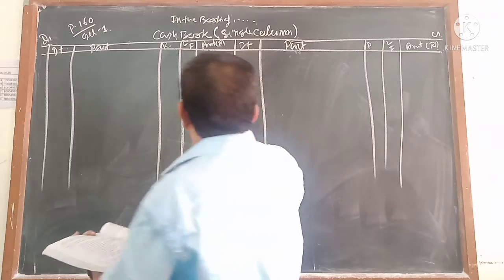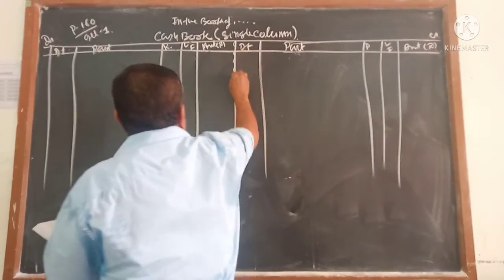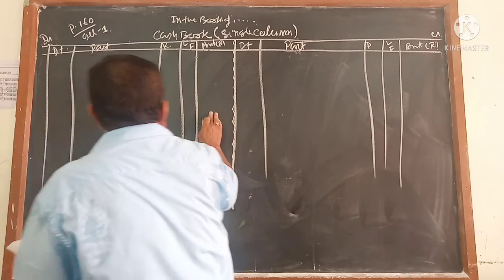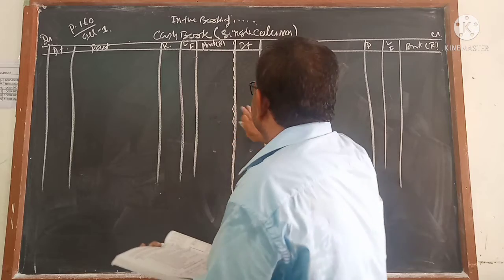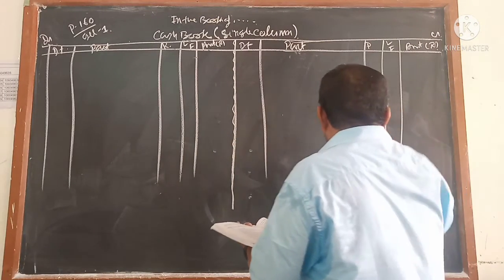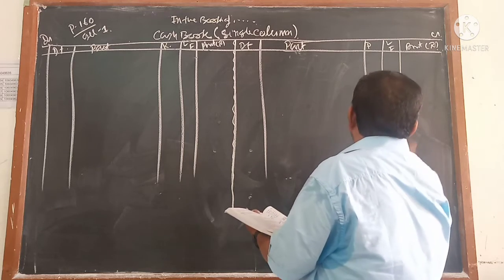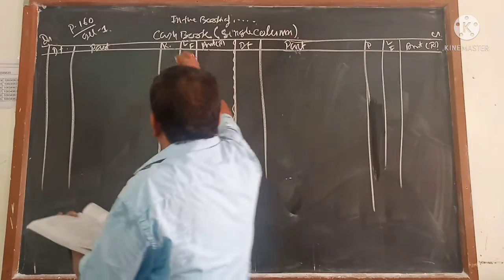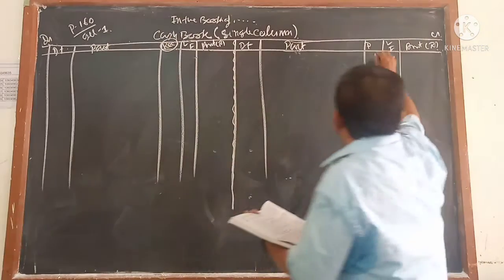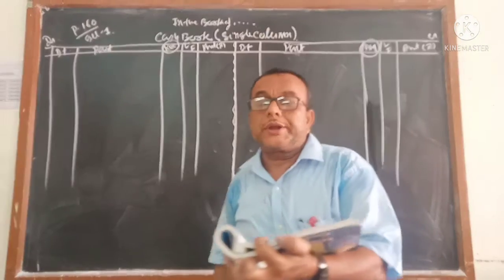There are two sides. See, look at this format. This is actually the middle line. You are getting 1, 2, 3, 4, 5 columns on the left hand side, and 1, 2, 3, 4, 5 columns on the right hand side. The left hand side is called the debit side, the right hand side is called the credit side. Here I wrote REC, the receipt side, and this is the payment side. That means how many sides are you getting? 2.